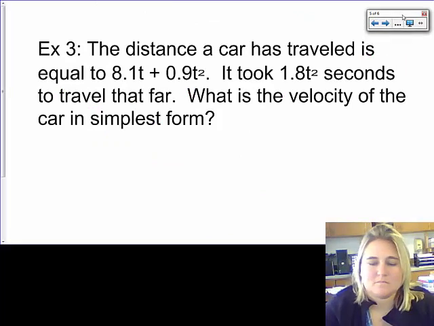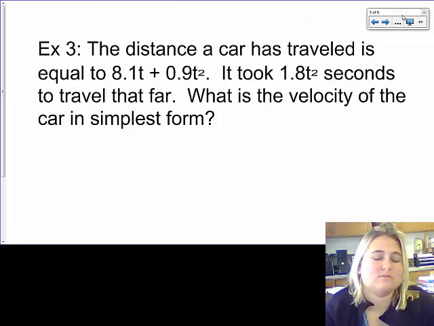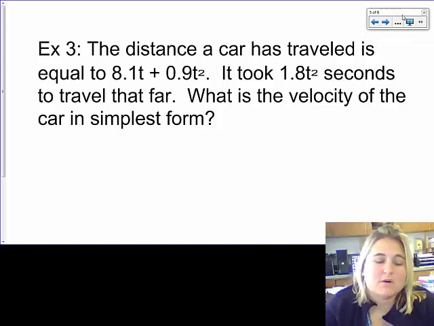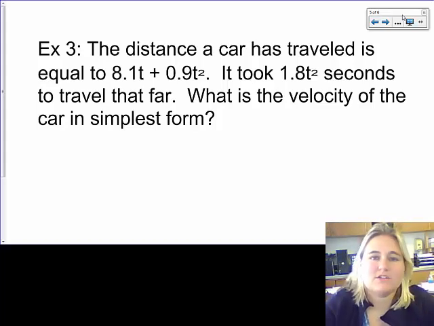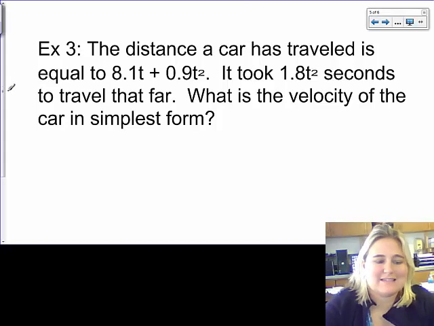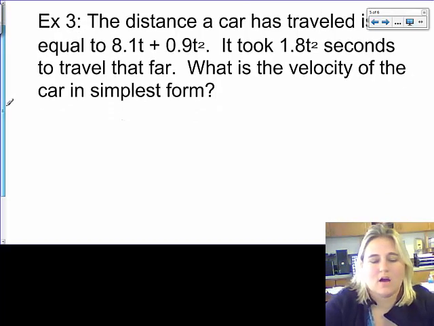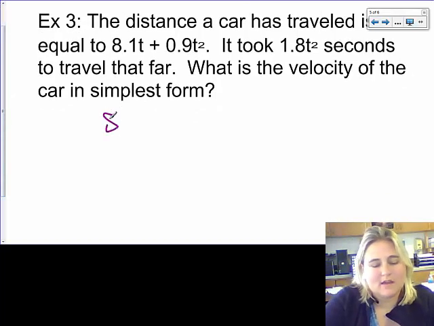The distance a car has traveled is equal to 8.1t plus 0.9t squared. It took 1.8t squared seconds to travel that far. What is the velocity of the car in simplest form? So what we're going to do to help us solve this is the same thing that we've been doing all along. We're going to take that 8.1t, there's supposed to be 1 there, t